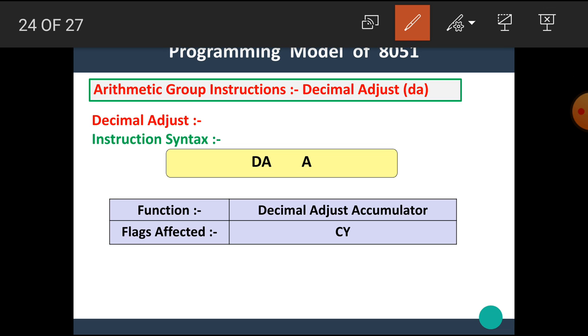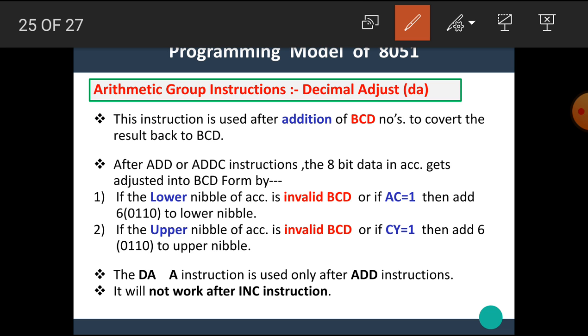The next group of instruction is the decimal adjust instruction. DAA. There is no carry flag affected in this instruction. This instruction is used after addition of BCD numbers to convert the result back into BCD. BCD stands for binary coded decimal. After the ADD or ADDC instructions, the 8-bit data in the accumulator gets adjusted into BCD form: if the lower nibble of the accumulator is invalid BCD, or if auxiliary carry is equal to 1, then add 6 or 0110 to the lower nibble. If the upper nibble of the accumulator is invalid BCD, or if the carry flag is 1, then add 6 or 0110 to the upper nibble